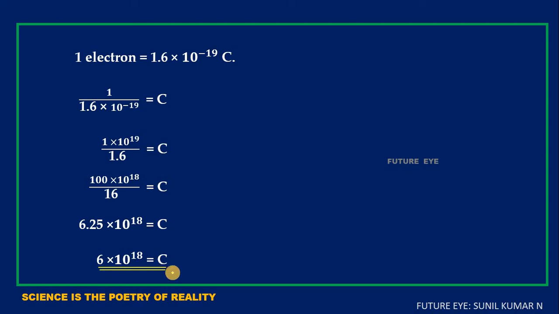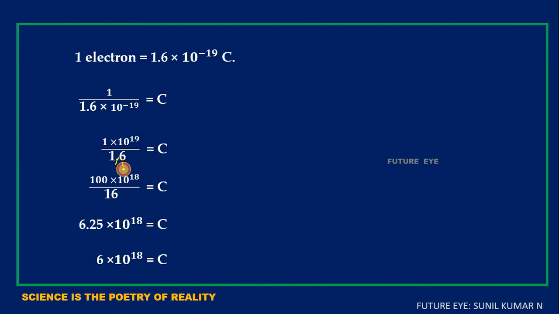So let me remind you how I did it again, children. Here we are going to find how many electrons 1 coulomb of charge is equal to. Hence I am transferring this side, so we have got that value in the denominator. Now this 10 to the power of minus 19 is transferred to the numerator, and it has become a positive power, 10 to the power of 19. Now I am removing the decimal point in the denominator. As you remove the decimal point in the denominator, you have to take that many zeros in the numerator.